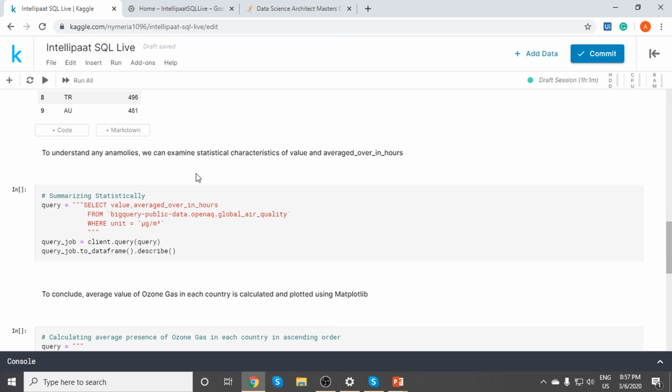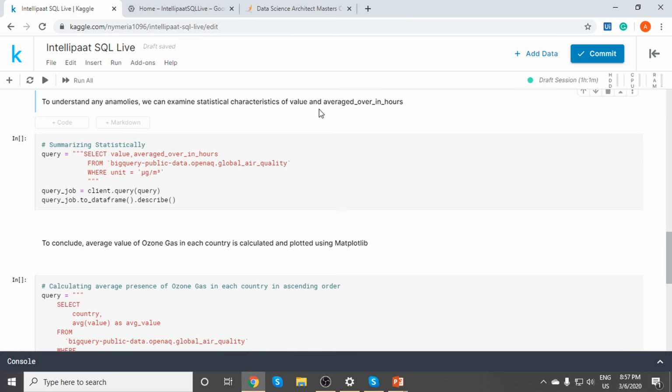So we're going to make use of this particular SQL query to understand two variables. One is value and the other one is averaged in hours. Let me quickly walk you through the query, and then I'm going to tell you what value and averaged in hours means. So here is the query. We're selecting the value and the averaged over in hours from the same table, where unit is equal to micrograms per meter cube. So if we go on to run this piece of code,